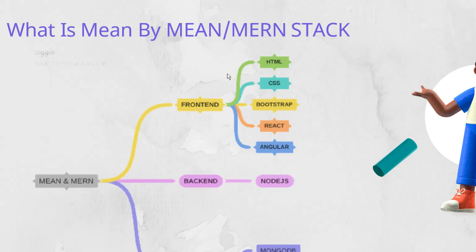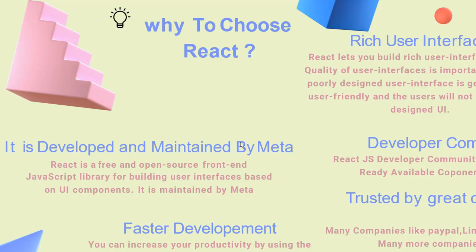So that is the minimum you have to learn, and after that you can go with React and Node.js and MongoDB or Firebase. If you learn these, you become a full stack developer. Then why do you have to choose React? It is developed by Facebook or Meta, and offers faster development, rich user interface, a huge developer community, and is trusted